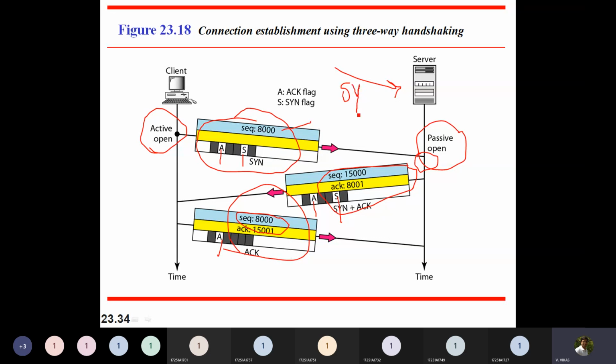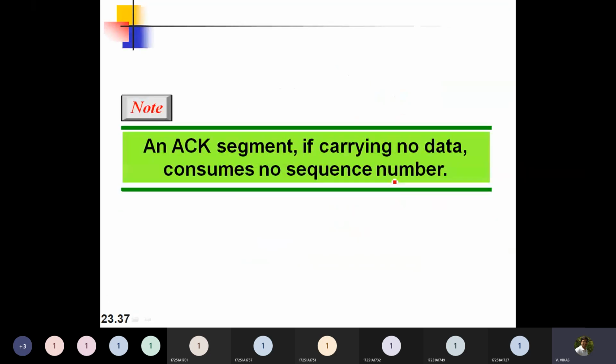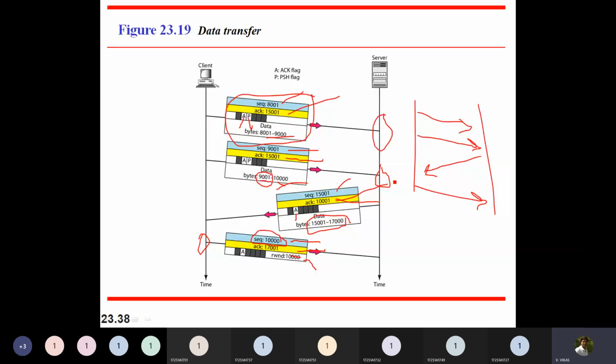So I'll write here SYN message. Then from here to here I'll write SYN plus ACK, then here I'll get acknowledgement. Like that you will have to represent. If you can remember these values, sequence number, acknowledgement, that is well and good, even you will be scoring good marks. But if you are not remembering, at least you need to write like SYN message, SYN plus ACK and acknowledgement. Same way for data also you will have to represent.